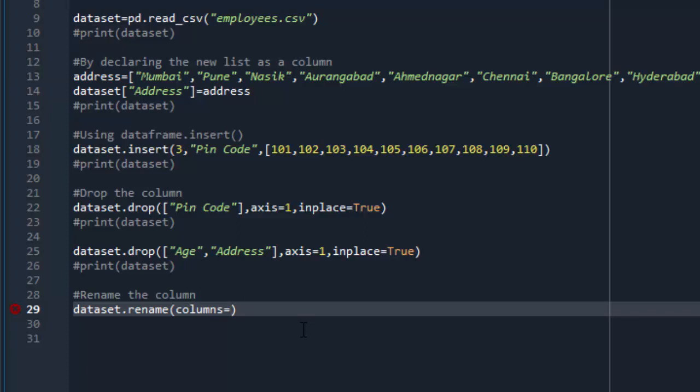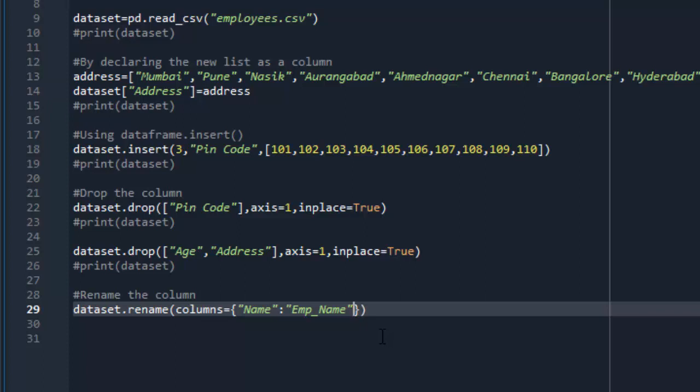Now here you have to specify the key value pair. That means within the key you have to specify the old name of the column, and separating it with a colon you have to give the new name to the column. Suppose I want to rename the column name as employee name.